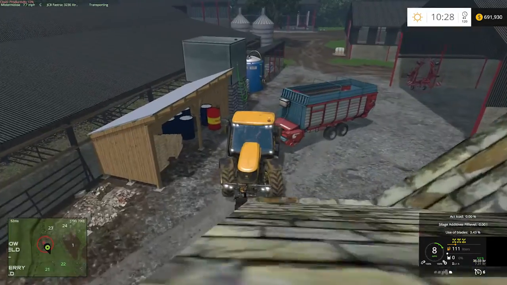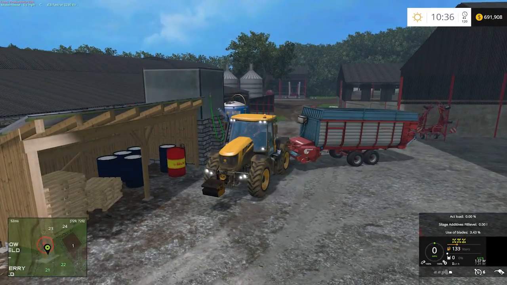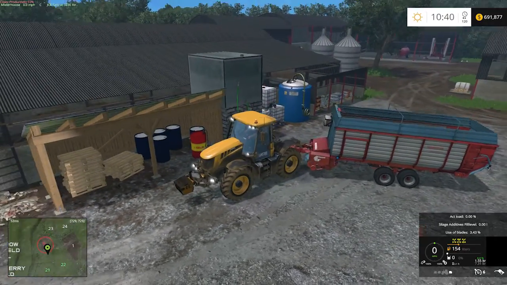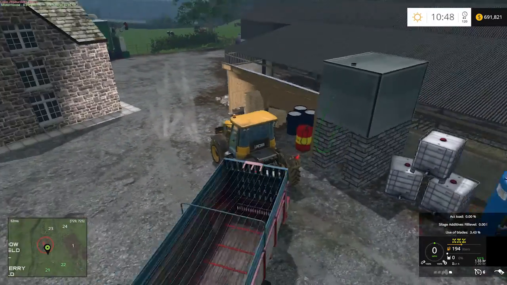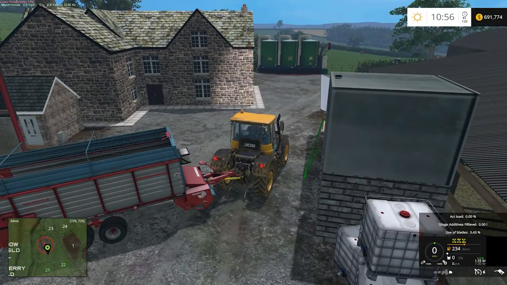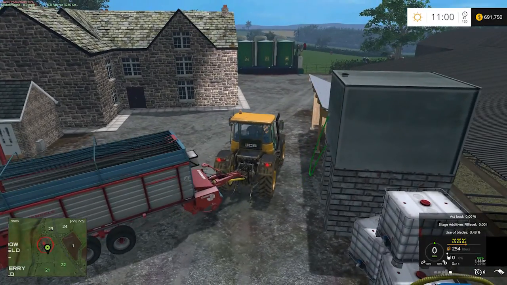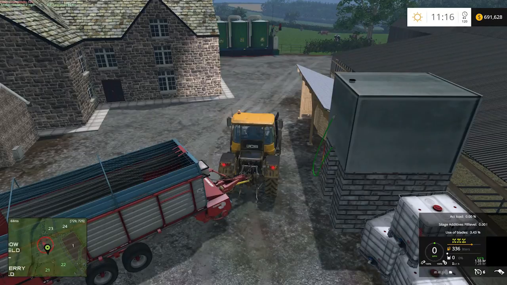So I've been working on getting the fields all set up, as far as getting some grass mowed. We've got some sheep, we've got some cattle in, and just working on getting things set up. You can see I've put the mix station in. We've kind of gaudied the place up with that. It kind of sticks out like a sore thumb right there,